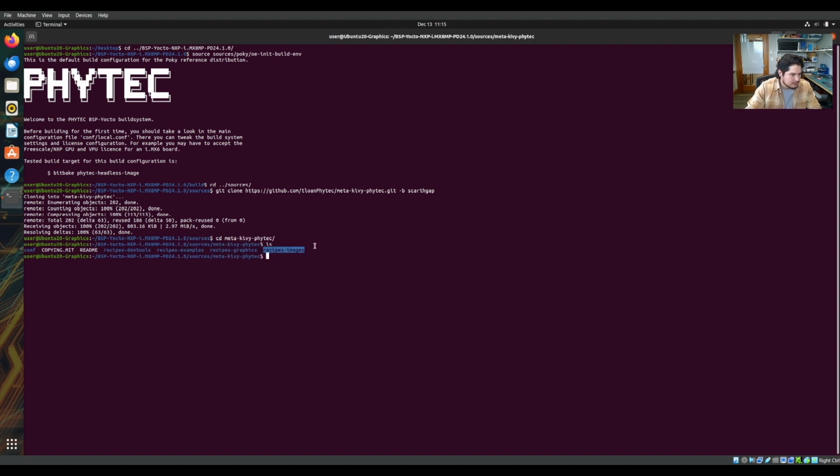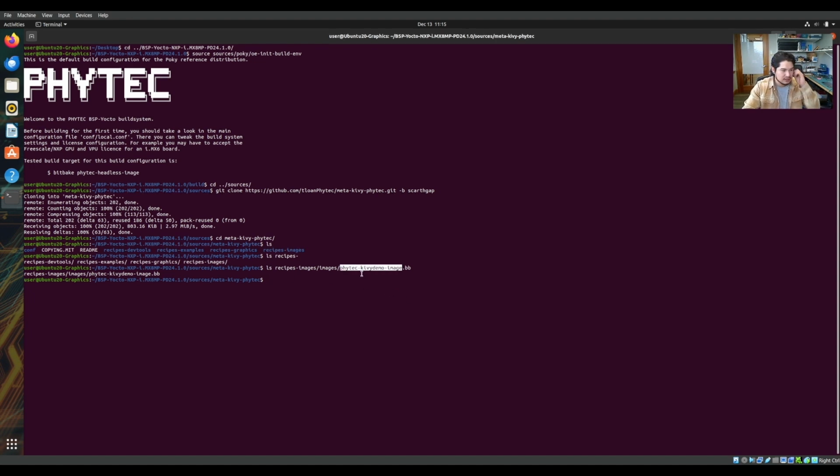So in here we're going to have a new recipe for images. Looks like it's the phyTech Kivy demo image, similar name to the Qt6 demo image, which is what we support by default. So we could build this to integrate all the support here, but let's take a look at all